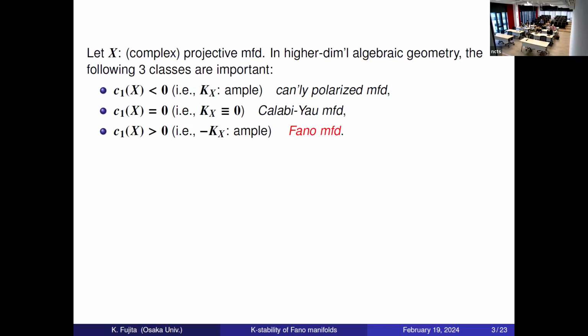But in higher dimension, if the dimension is bigger than 1, then